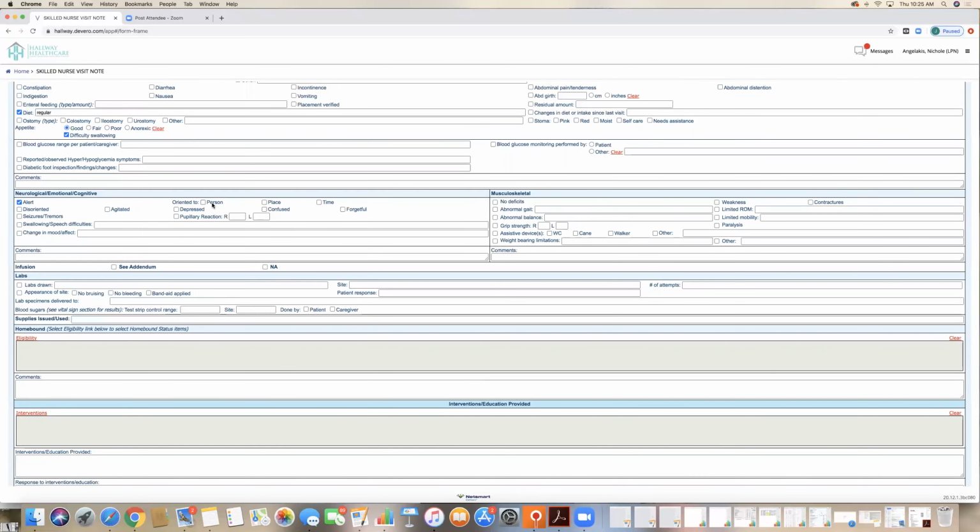Here, if they're alert, oriented to person, place, and time, if they're forgetful, if they have swallowing or speech difficulties, if they have dysphagia, or if they've had a laryngectomy, then those would be swallowing or speech